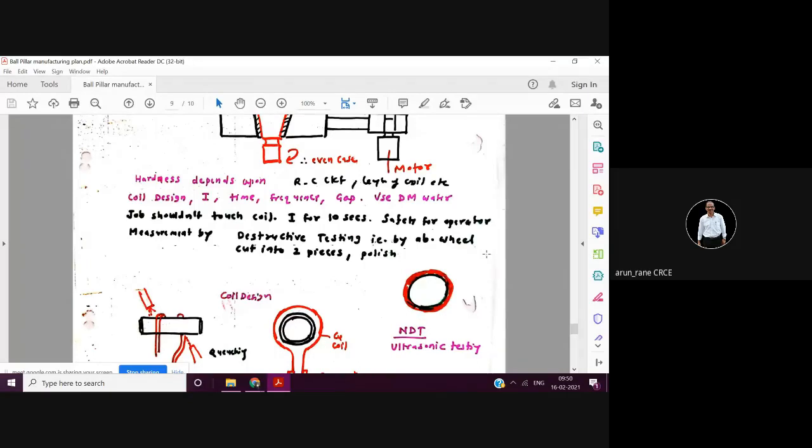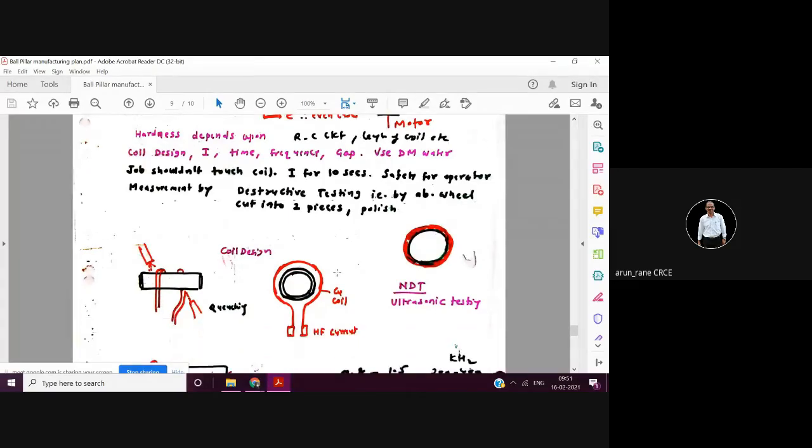After polishing, that cross sectional area will become clear, and then you have to take that cut piece under a microscope, or you can take it in a profile projector also, and there you can see the hardness ring which is formed. This ring you can observe under destructive testing. Under the microscope you can very easily observe, and then you can read this. You can set your scales here. You can set your x-axis here. You can make it 0, and you can measure the depth of this case.